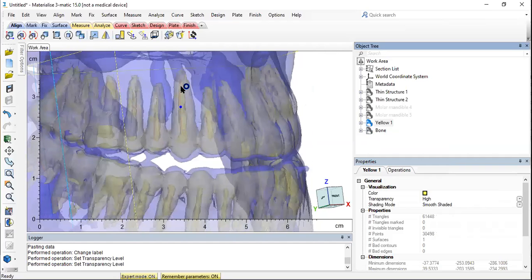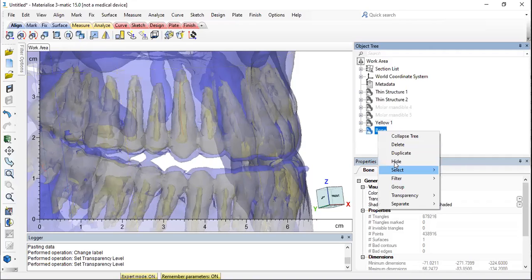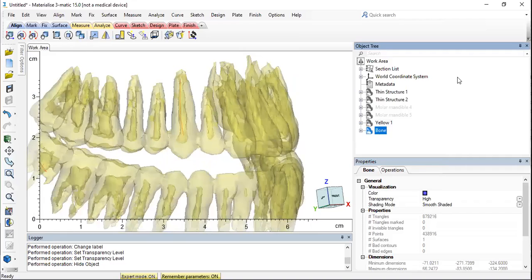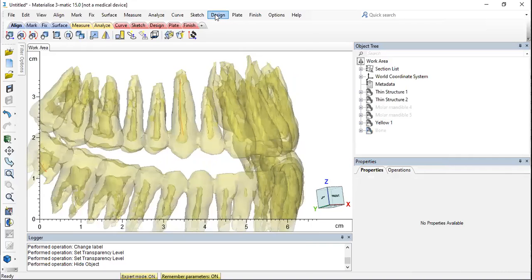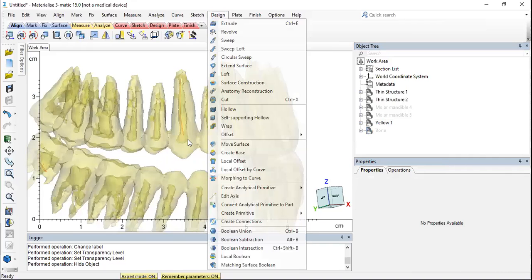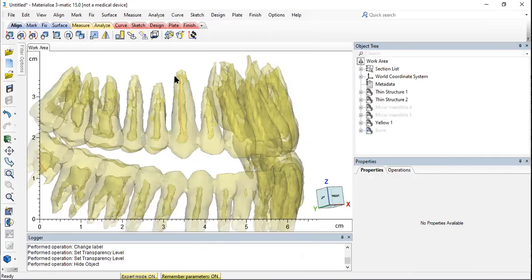Let's assume we want to create a guide for that. The first thing that we would want to do is create a cylinder around the tooth, right? So I am going to now hide the bone. The bone is for our surface extraction. So you go to design, you first create a cylinder. The cylinder is basically for us to understand the path. It has to be guided, and the path has to be the same as that of the canal.